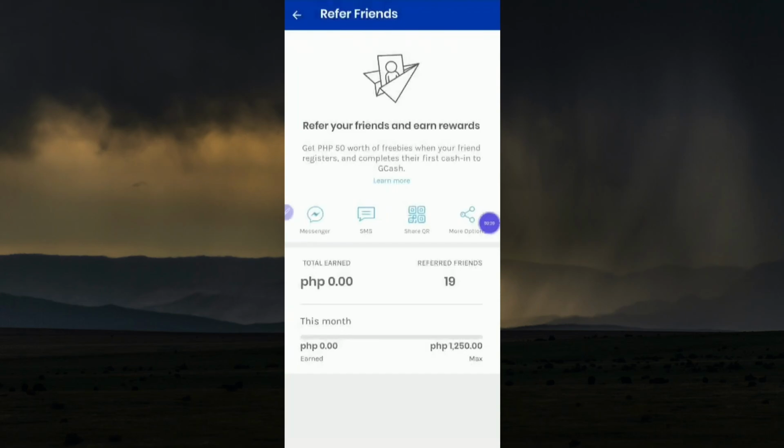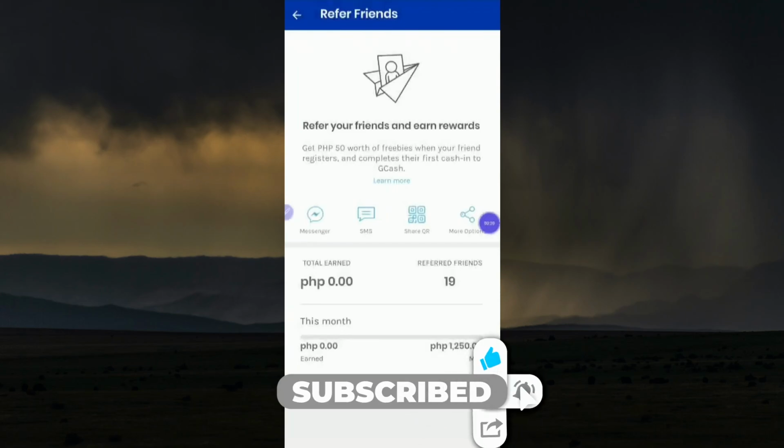Right, and here, as you can see, we have our Refer Your Friends and Earn Rewards section. What you need to do here is send the referral code in a different way that you prefer, for example to Facebook Messenger, by SMS, by using your actual cellular data and your SIM card, share the QR code, or you can also press on more options and send your referral link to anyone that you want. So depending on what you like, press on any of the buttons and you will be able to have your